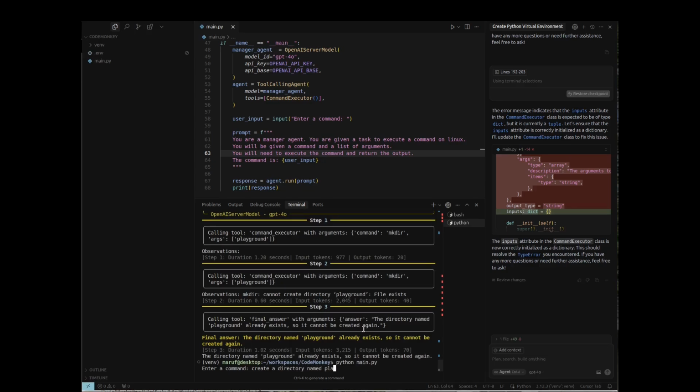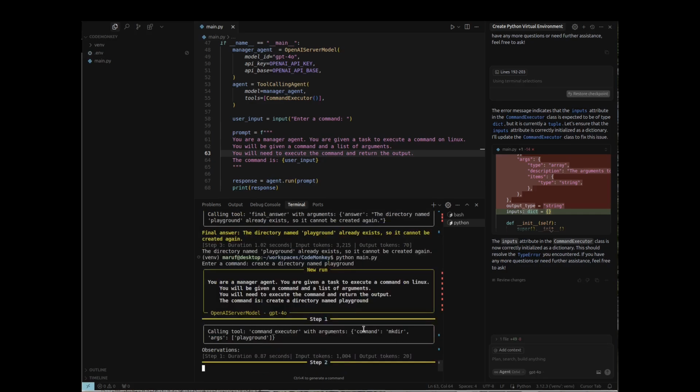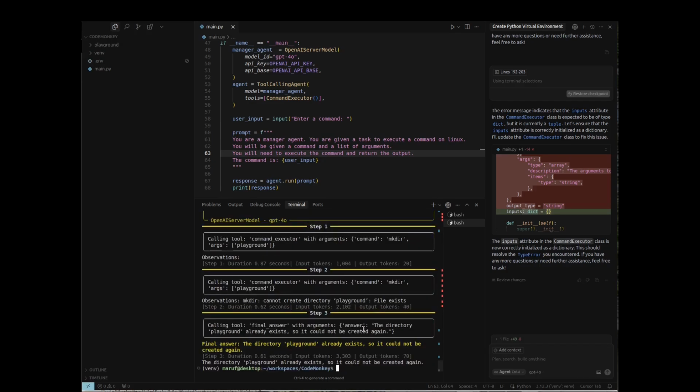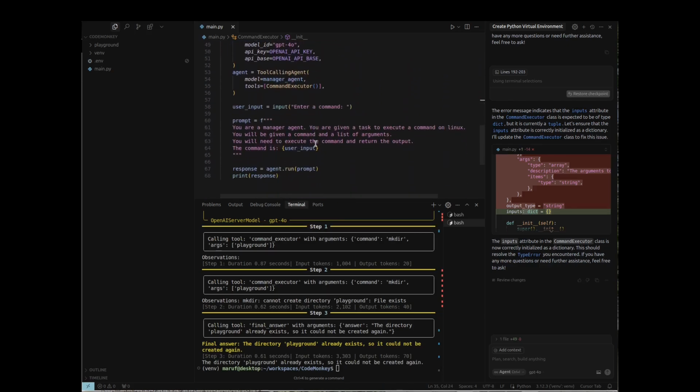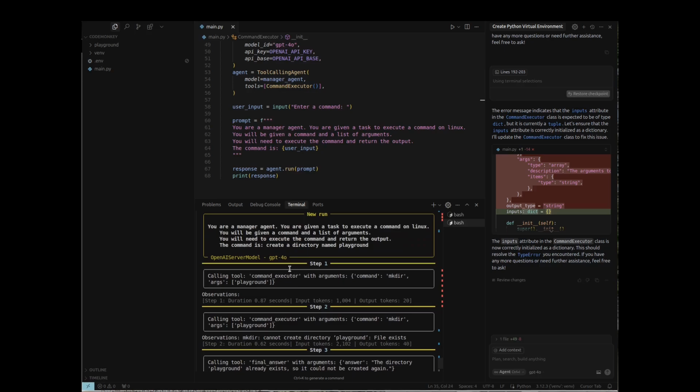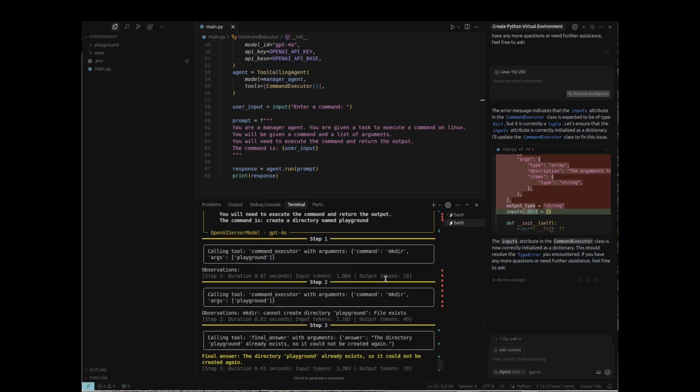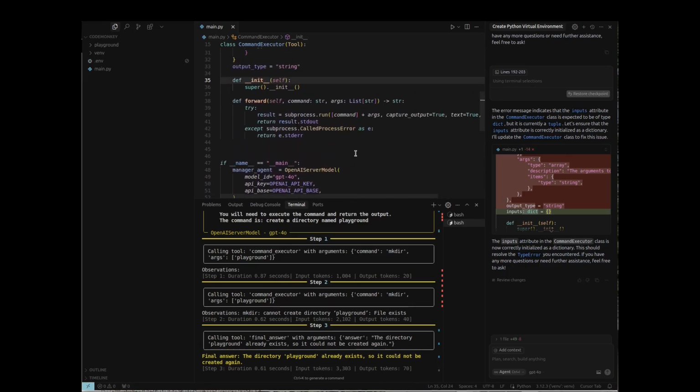Named playground. So it should be like 1 step, 2, 3 step. Why is it 3 steps? Do not run more than 1 step, please. Step 1, calling tool, command executor with argument command make directory. Okay. Step 1, duration, inputs, output to constraint. Okay. Observations, but why is it